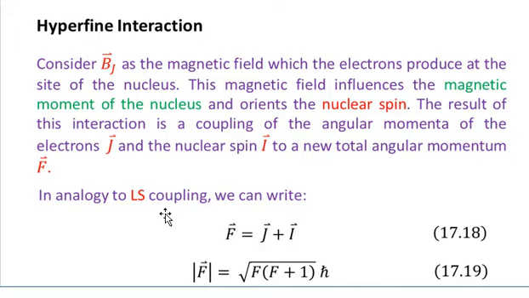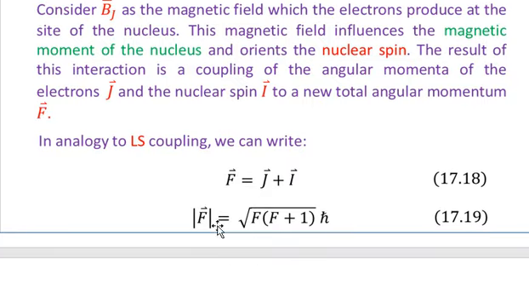So in analogy with the LS coupling, we can write the vectorial equation, that is capital F is equal to capital J plus capital I. Here capital J is the vectorial representation of the total angular momentum of the electrons, and capital I is the vectorial form of the nuclear spin angular momentum. And capital F is the total angular momentum because of capital J and capital I. And this is the vectorial representation given in equation number